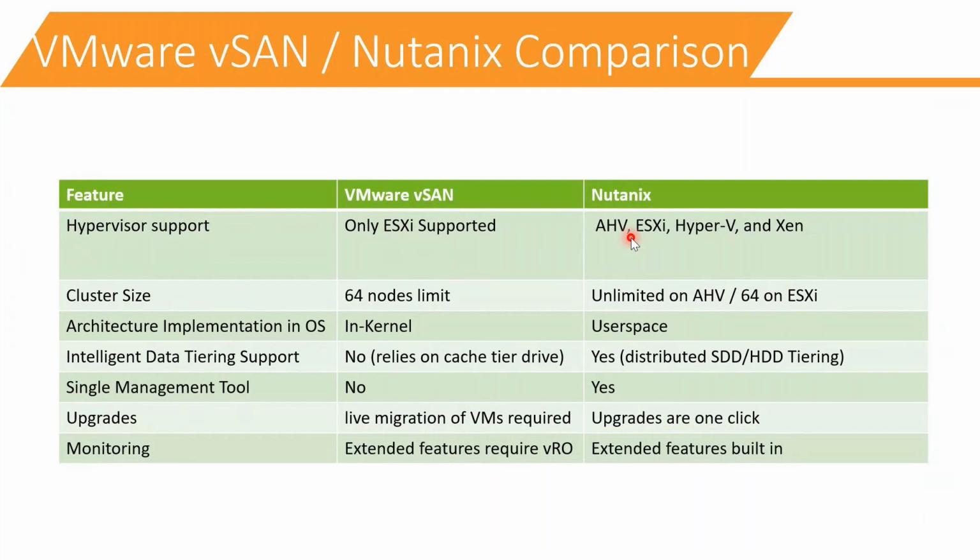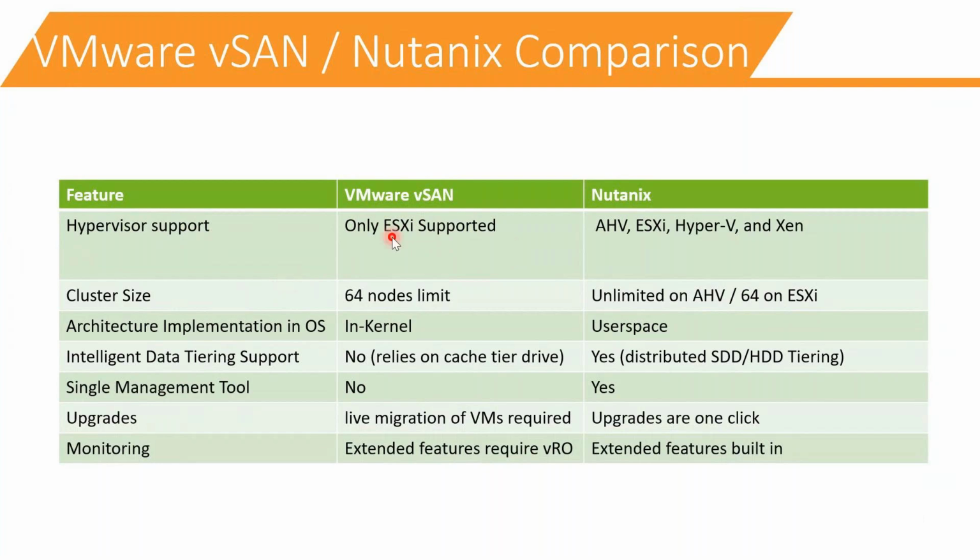But there are still market strategies here. AHV is free only for the starter edition. We have two more editions, Pro and Ultimate, which involve cost. But the base hypervisor AHV is free of cost. So it's lifetime free. That is another difference. If you go for any other hypervisor, you have to pay a lot of money, but AHV is a free hypervisor. So coming to VMware vSAN, it supports ESXi only, so you have to buy an ESXi license.